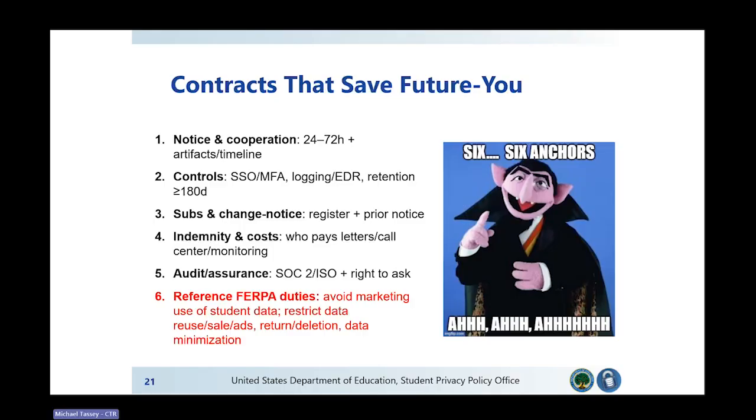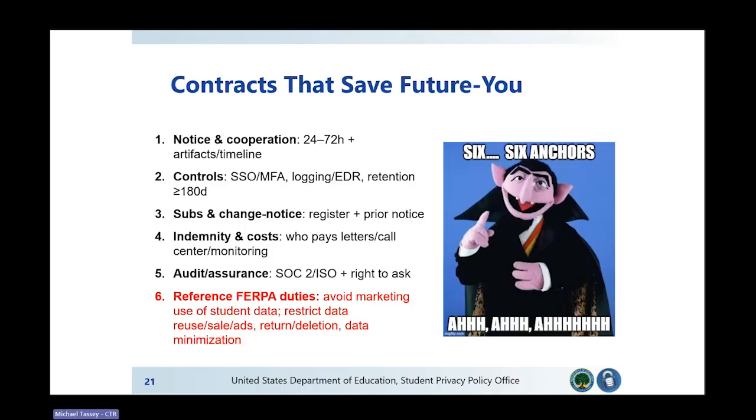Make sure you have a good understanding of, hey, does this vendor have a ton of subcontractors, and do those subcontractors get held to the same security expectations as the vendor does? Solutions or clarity around indemnity and cost. Who pays for what part of a breach when that breach occurs at that third-party vendor? And where can you get some assurance? Do you have the right to audit that vendor? What kind of auditing processes do they do? Do they have SOC 2 or ISO audits, and does that assure you that you have the right to ask for access to those audit reports to make sure that they are in fact holding up their end of the privacy